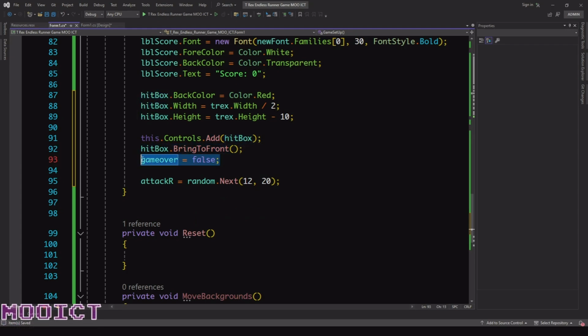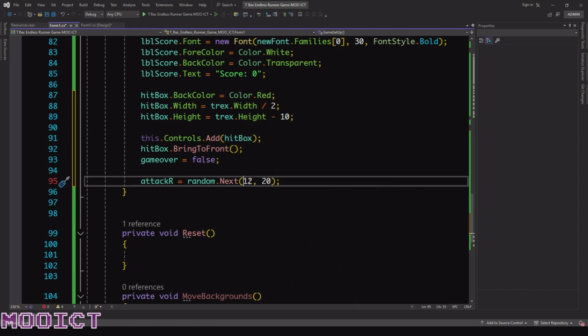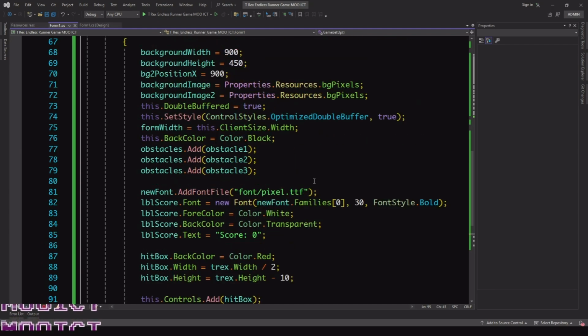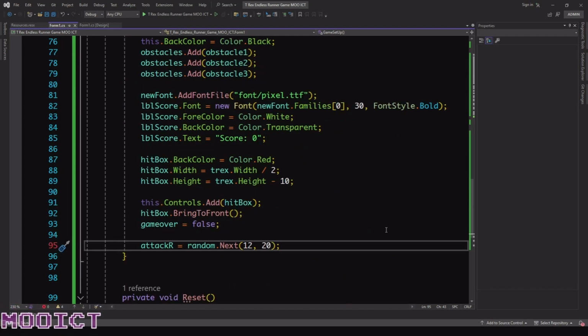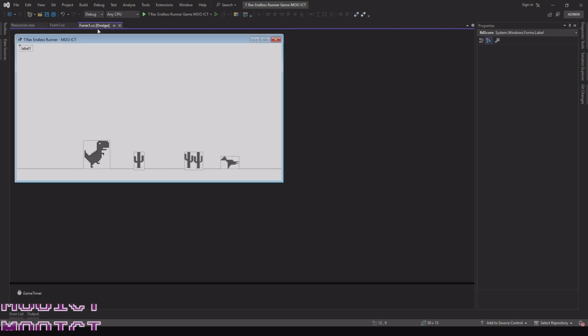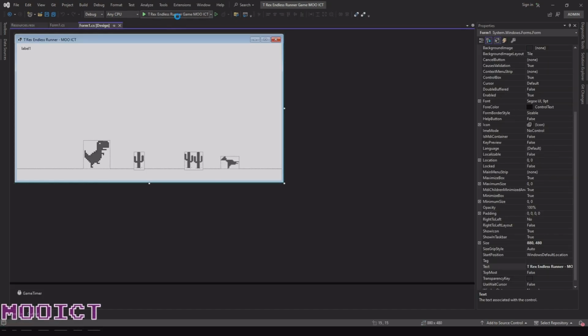And then initially we'll set the game over to false when the game actually runs. And the attack rate is going to be set between 12 and 20. So that's going to be the range of the attack that's going to happen between the obstacles coming towards the player and so on. Okay, so this is our game setup function fully at the moment. It's just setting up everything that needs to be set up, right? So at the moment, if I just run this one,